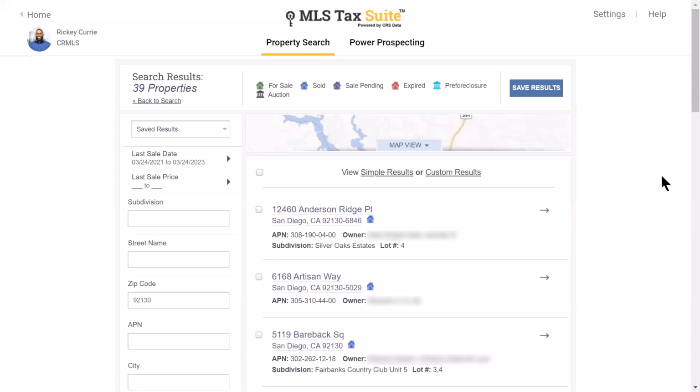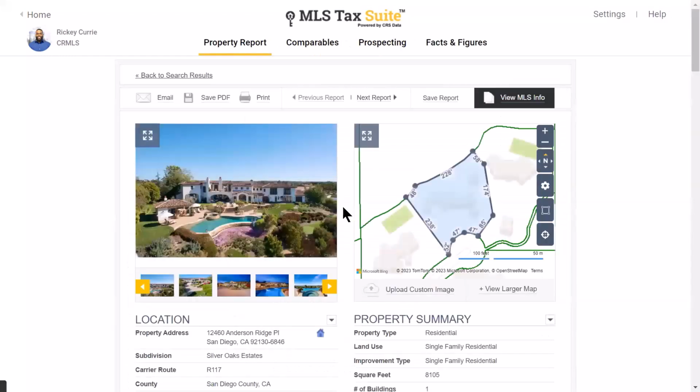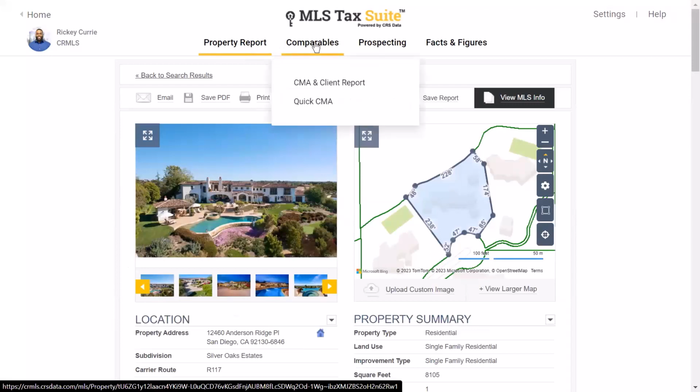Next, once we've ran that advanced search, I can click on any property and I will get the full report of that property. From that report, if you look across the top, we have comparables. Now remember, the property report was covered in detail in the Intro to CRS Tax class. So we are going to move on to the comparables. And once you click on comparables, you have a CMA client report or a quick CMA.